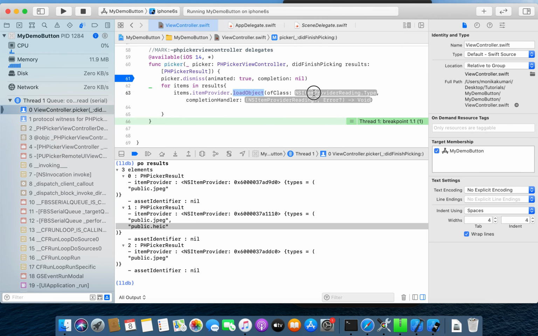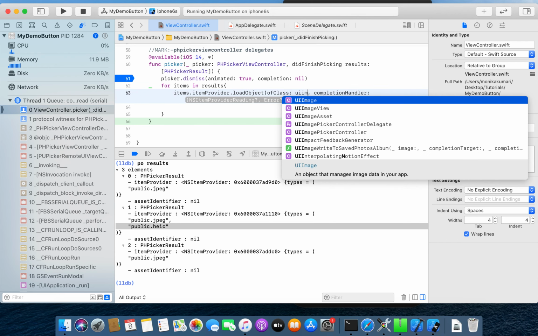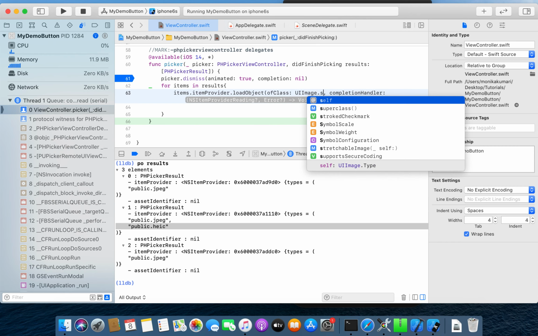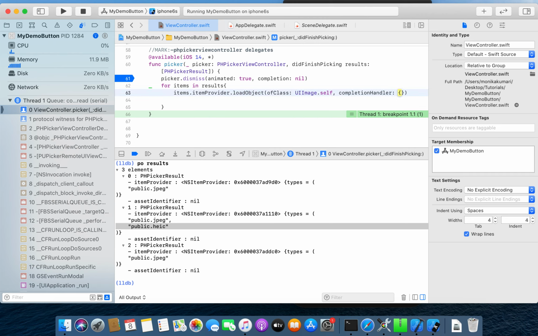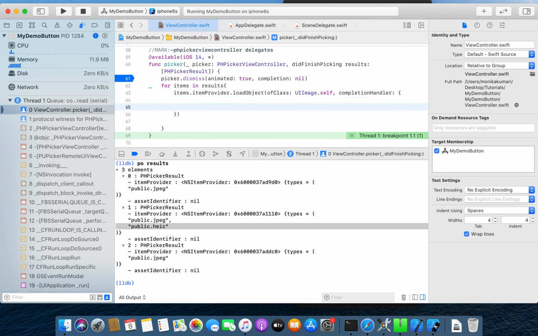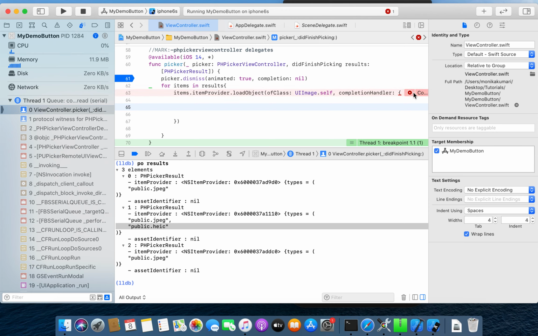Load object of class what? UIImage.self, and inside this we have a completion handler. I will write two curly braces for that, and I will get the completion handler over here. Inside this I will check.